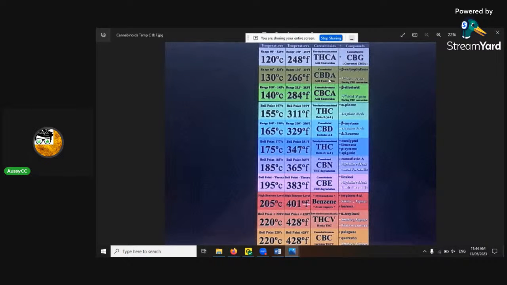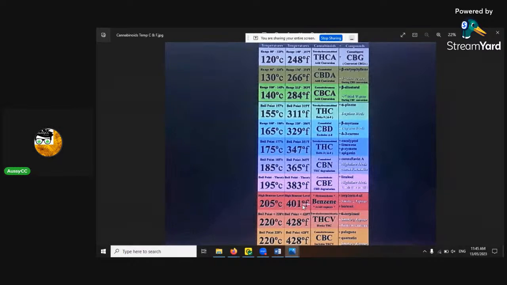130 to 266 F is where you drop the acid molecule to make it come into its reactive form. And then if you want to make CBD active and volatile, it's got this little essential oil type thing, this little round oil bit. So to get the best out of that, it's got to get up to these temperatures. And there are other cannabinoids, CBN, CBE, and this chart shows you where benzene is unlocked.